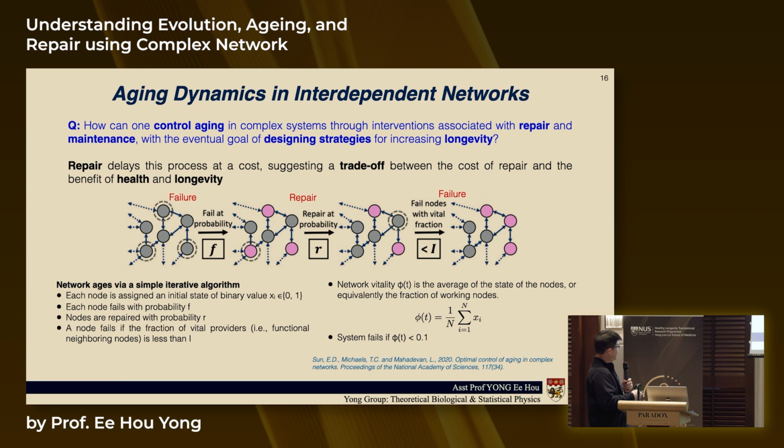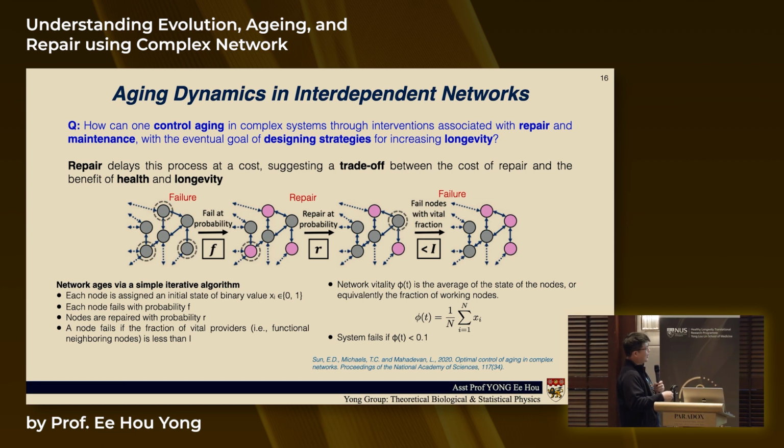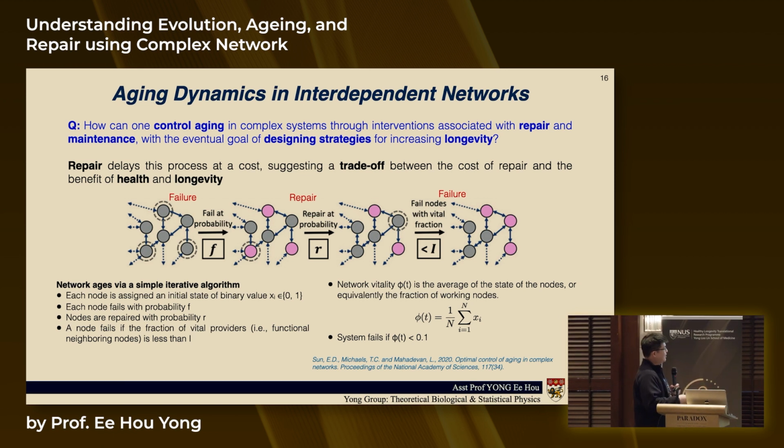And they have a very simple state that each node can be assigned. It's binary, either 0 or 1. And they define a vitality called network vitality, which is basically the sum of all these binary variables, right? And you can see that this is actually equivalent to survival rate, which we saw in many talks today. So basically, this gives you the probability of survival, if you think about it. So in their paper, they say that the system will fail if this falls below a certain threshold that they set arbitrarily to 0.1.